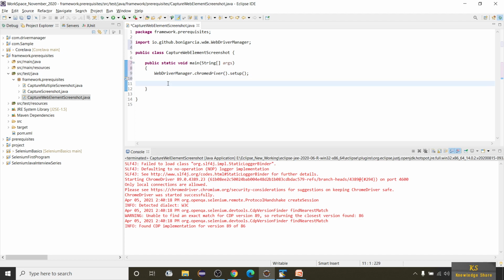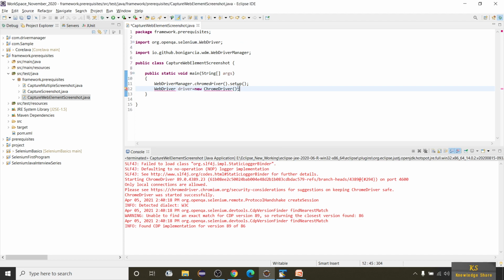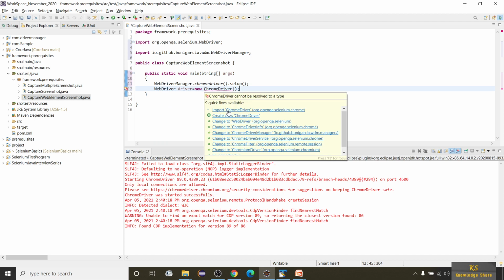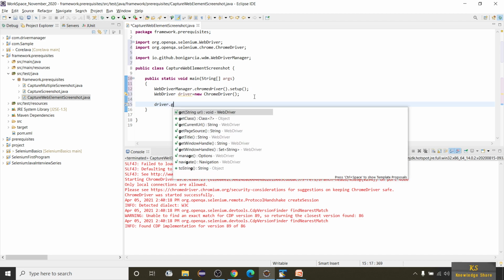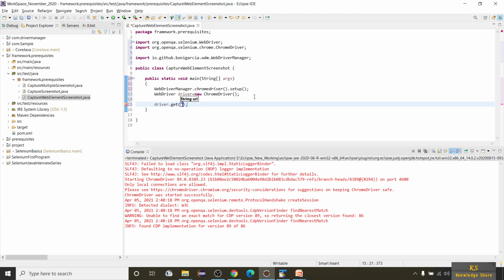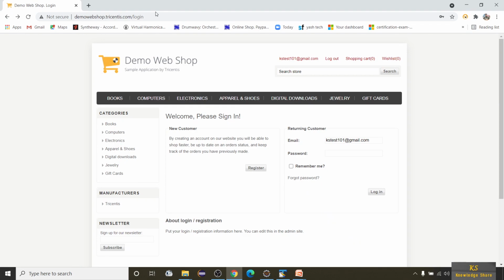Now I am going to create a WebDriver variable. Driver is equal to new ChromeDriver. So you import this ChromeDriver also. Now let me take driver dot get, and I'm going to take this URL,